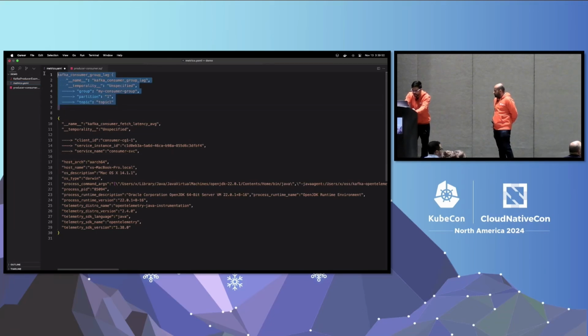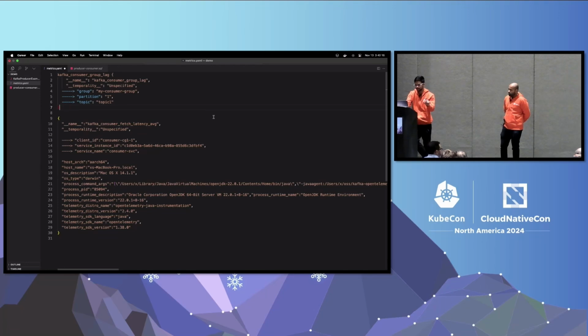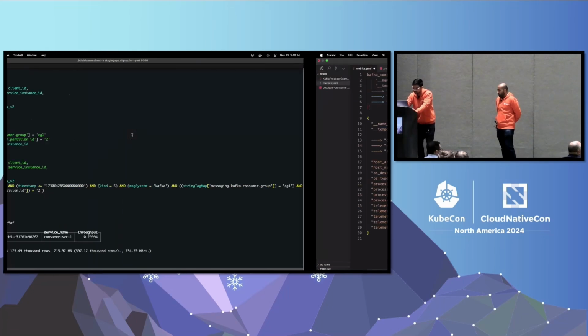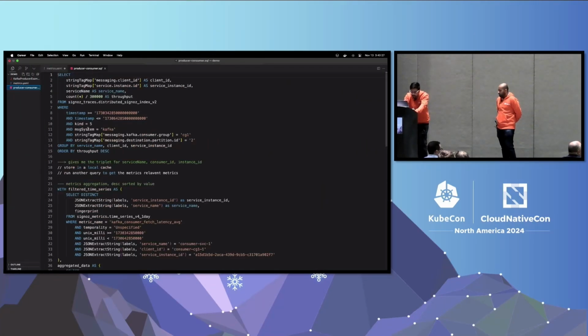this is my consumer group lag metric, which contains 3 attributes: group, partition, and topic. And this is a span which contains the client ID, service instance ID, and service name. So what I want is, for a given time, all the consumers that are receiving from that partition, I want the network fetch latency for that particular consumer service in that partition only. I can use these attributes to do the correlation, because you can see that the partition is not there in the consumer fetch latency. So if I go ahead and run an SQL where I have defined the kind, consumer group, and partition ID,